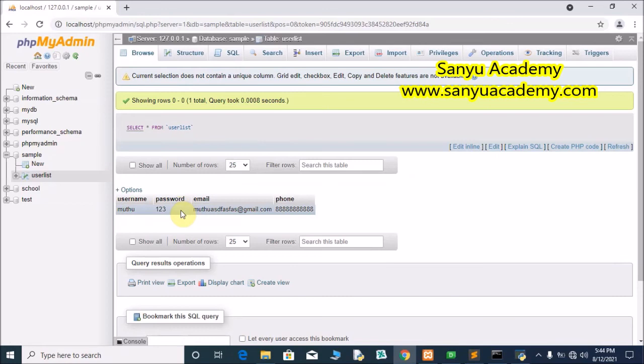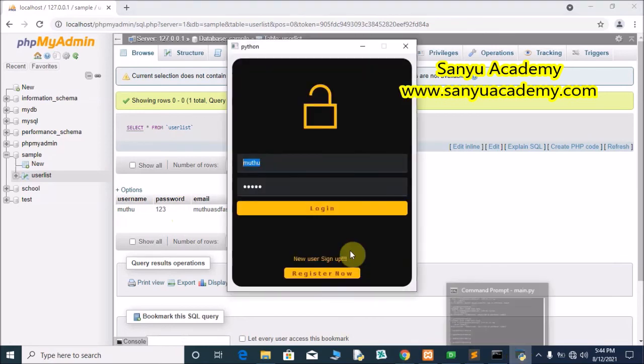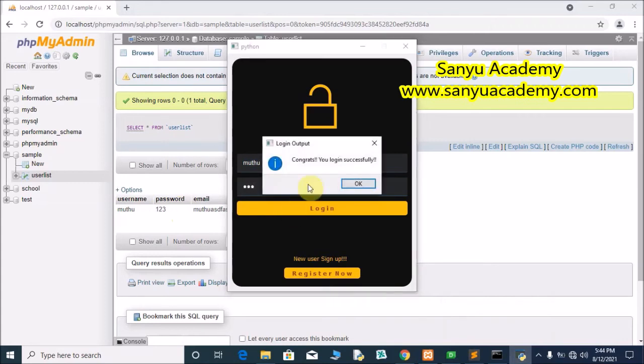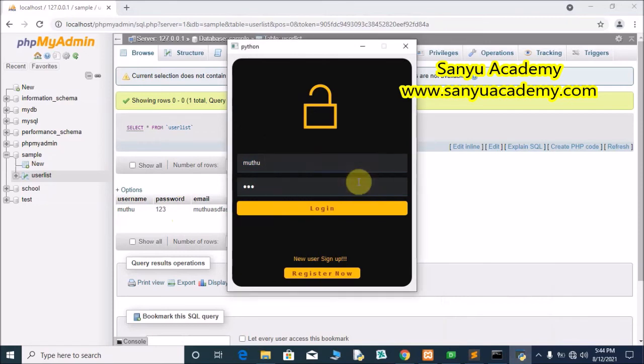If we enter other than this data, it should say it is an invalid user. Now we will check that. Muthu, password 123. Login. Congrats, you are logged in successfully. So it is working perfectly.